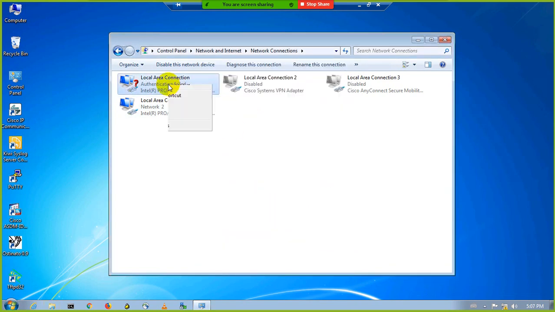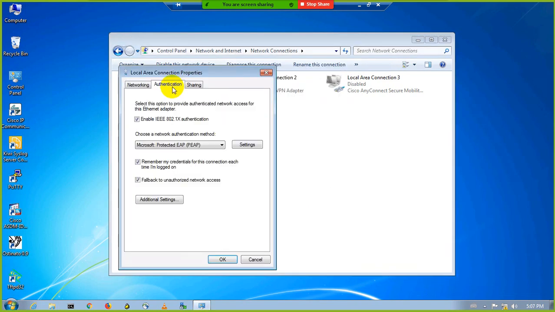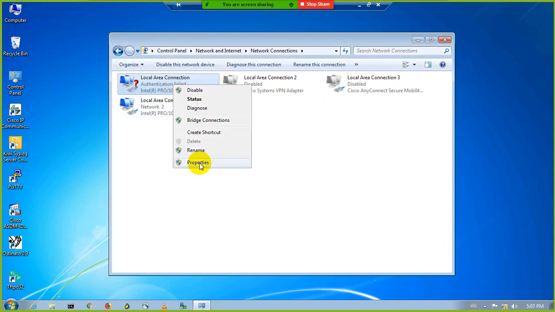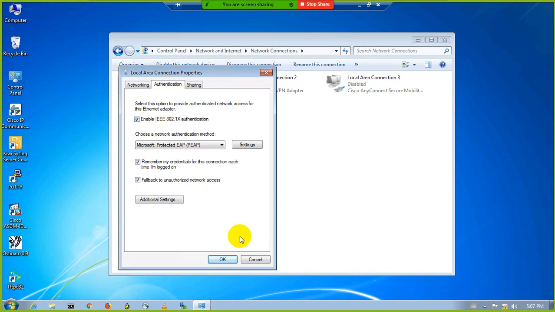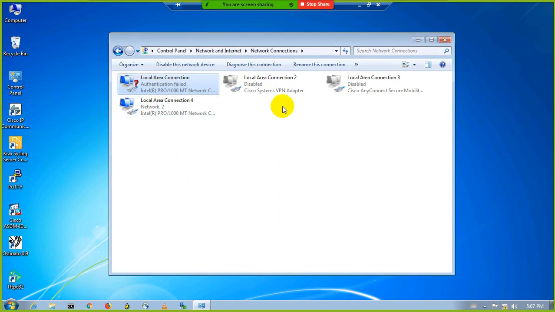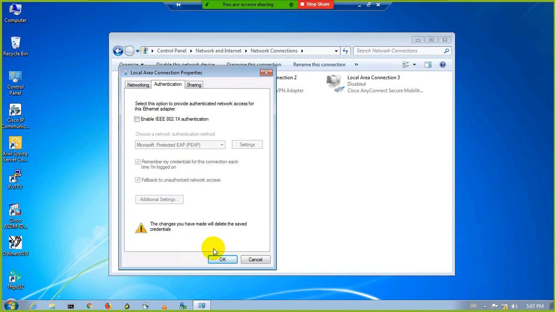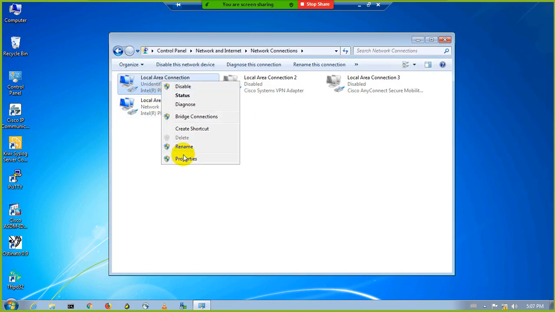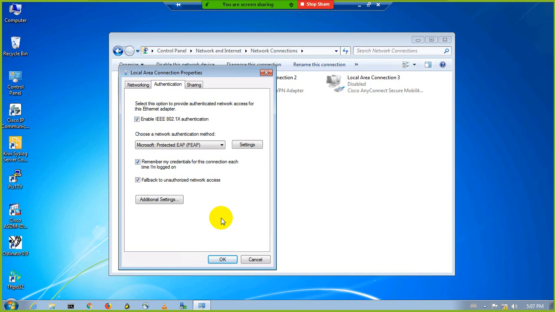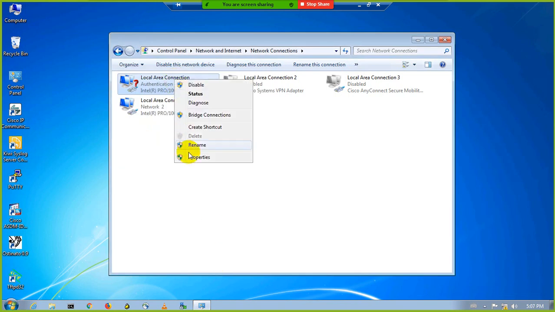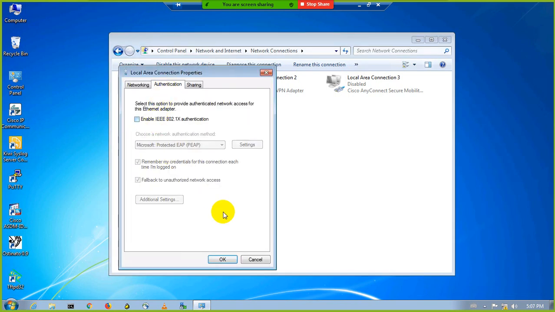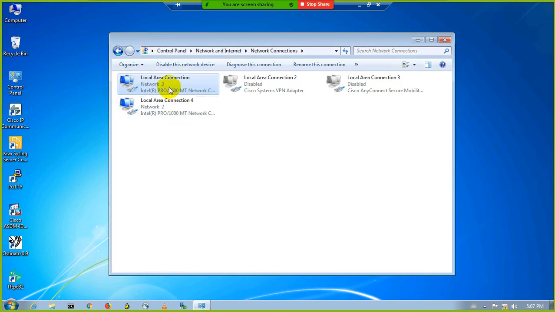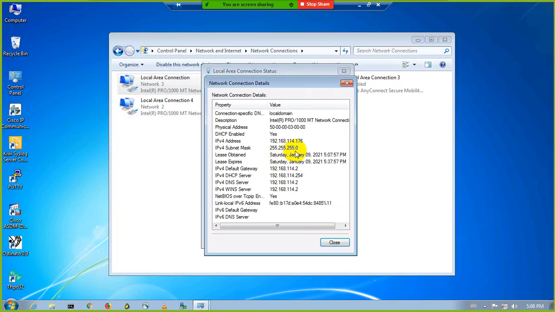So what you need to do, let me go to properties, authentication. Okay, in the real world, you don't need to enable this one. Whenever you plug in, they will send the MAC address to the Cisco switch. But unfortunately in EVE, I will disable authentication, then go to properties and enable this one, and to send the detail I will go back and remove it, just for the lab purpose here. Okay, so it's authenticated, let's get the IP and everything, I believe, yes.